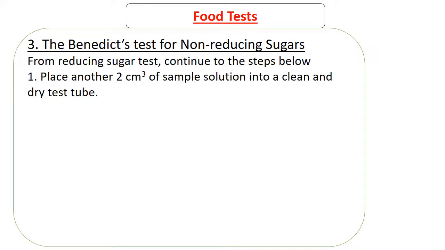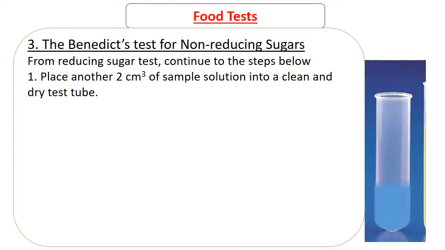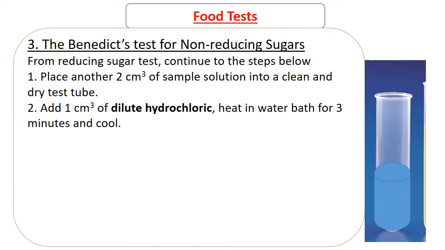you have to place first another 2 centimeters of a sample solution into a clean and dry test tube. So this is a test tube. You place your food sample, which you tested and discovered that there is no reducing sugar. Then you have to add 1 centimeter cubed of dilute hydrochloric acid. Then you have to heat the mixture for 3 minutes and then cool. So you add 1 centimeter cubed of dilute hydrochloric acid, you heat in a water bath for 3 minutes and